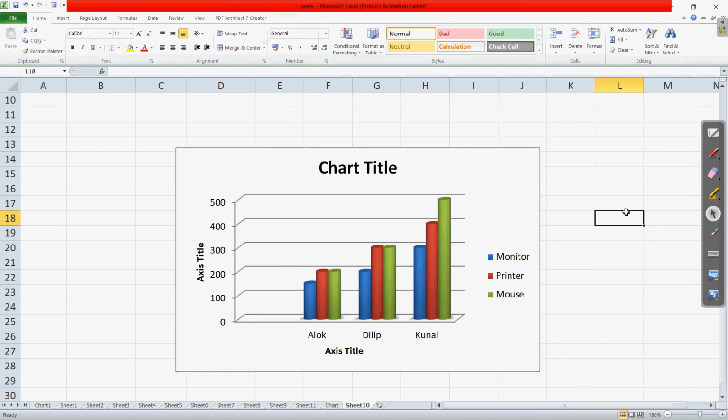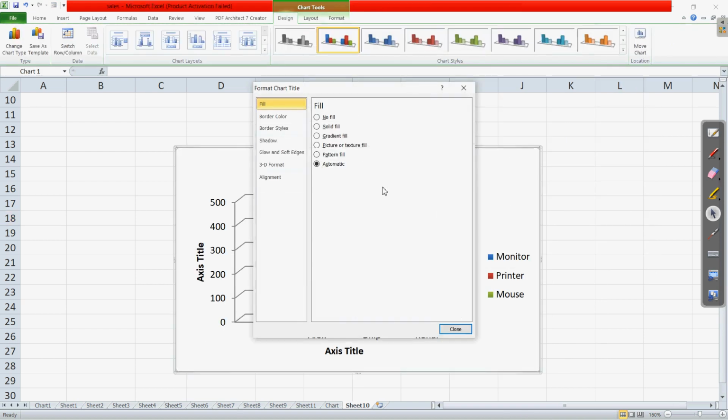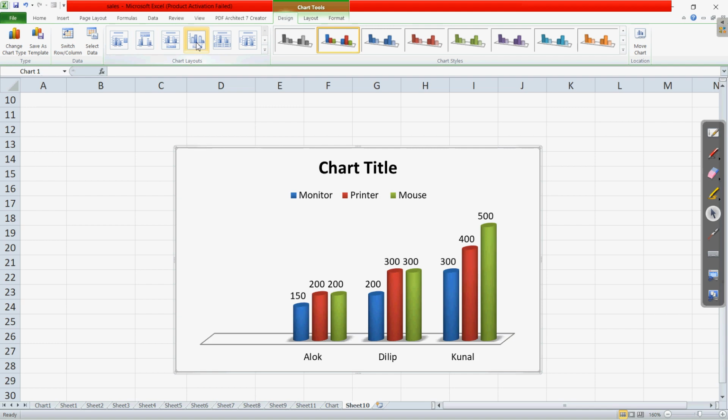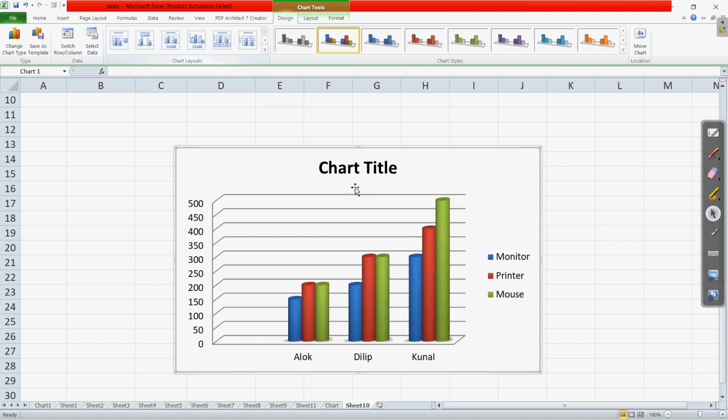So for adding the chart title, there is a common chart title here, that is the term for the whole chart title. If you want any axis title, here we have the option that was in the chart layout. But if you want to include it externally, if I choose this layout, there are various other layouts also where by default it is not present. Okay, so suppose this one is where we don't have the axis titles. So if we want to include the axis title, let us see how we can include it.